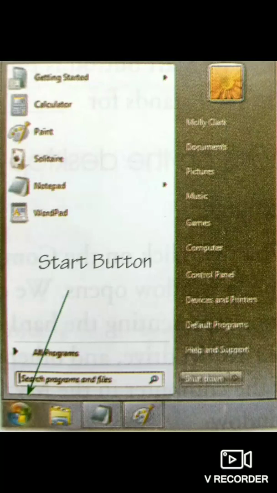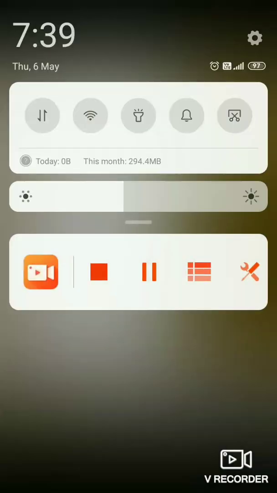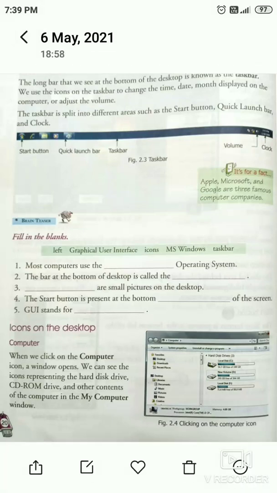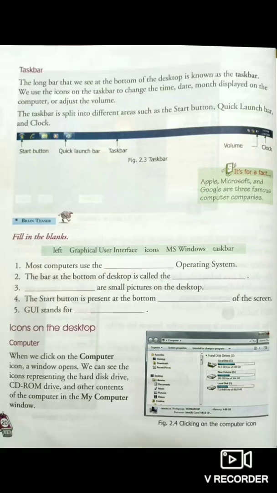Next we will know about the taskbar. What is the taskbar? The long bar that we see on the screen, indicated on page number 20. You open and see the picture, in the top portion that is blue in color, that is known as the taskbar. This blue bordered bar is known as the taskbar.